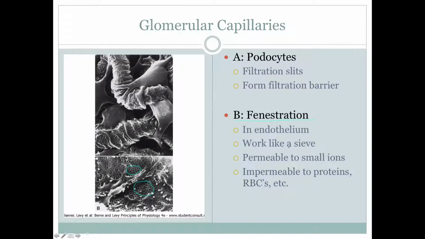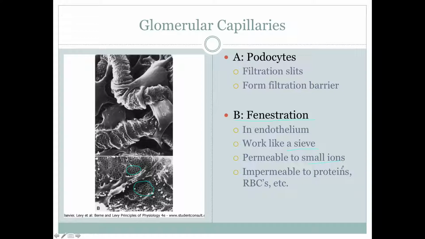They work just like a sieve, which is a fancier name for a strainer, usually with smaller holes. Anything that can fit through these fenestrations will just go through because of the pressure gradients. That means small ions like sodium and potassium can fit through,